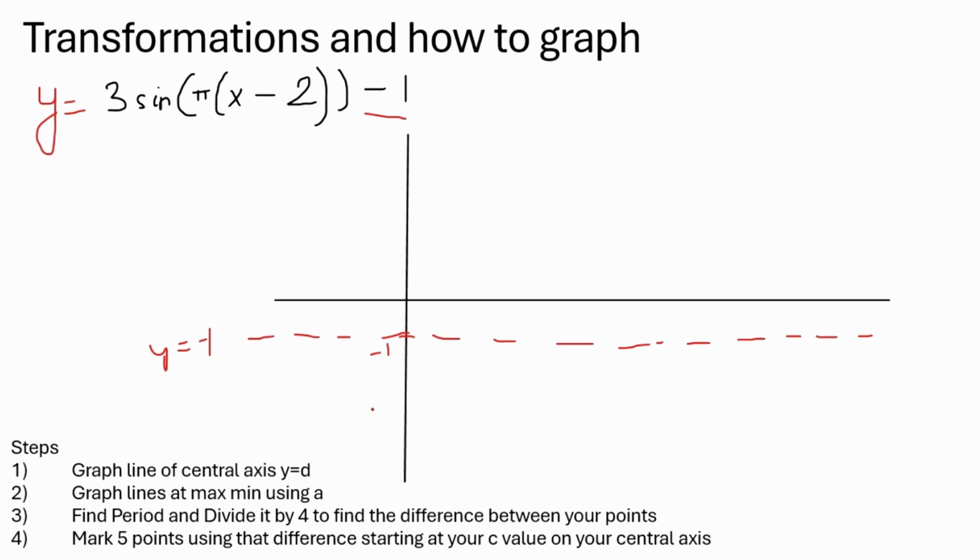And then using your a value, which is 3, you go up 3. So -1 plus 3 will be +2. You make a line there. And then -1 minus 3 would be -4. So in this direction, if you go 3,